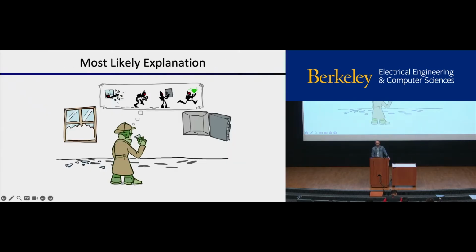Okay, so now we're going to turn to a different question, not keeping a running belief distribution over the current state, but coming up with the most likely explanation for all of the past pieces of evidence. Different problem, different algorithm. The algorithm is going to end up looking very similar.